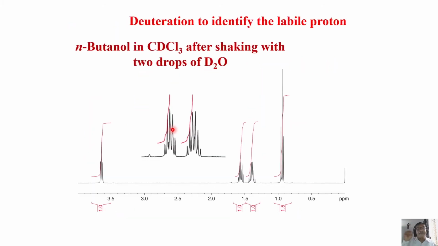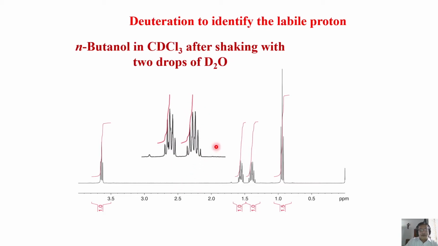The trick is, take a small amount, less than 10 or 15 mg, of D2O, a small micro drop, 1 drop of D2O. You add it to the solution in the NMR tube. Shake it for some time. Add 1 drop, shake the NMR tube for some time. Depending upon the exchange rate, it may go fast, or sometimes after 2-3 minutes or 5 minutes, or sometimes half an hour, no problem. Then record the spectrum after some time.